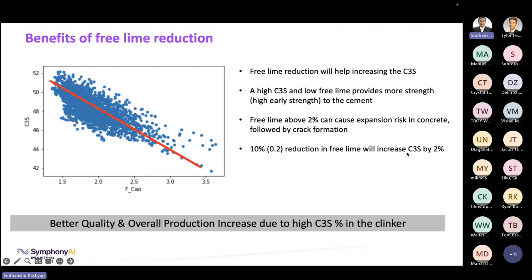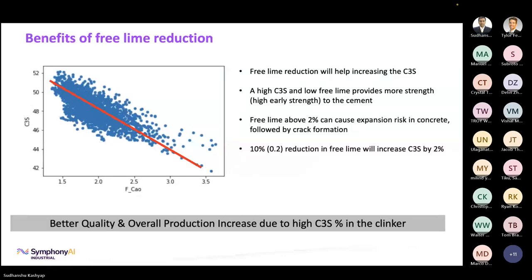And since a ratio of tricalcium silicate and dicalcium silicate is being maintained, it allows us to induce some fly ash or low value product mixed into cement and have the same quality. So basically, it's helping to overall improve the cement production without compromising on quality, and also giving better quality cements. These are the benefits of applying these kinds of solutions to the